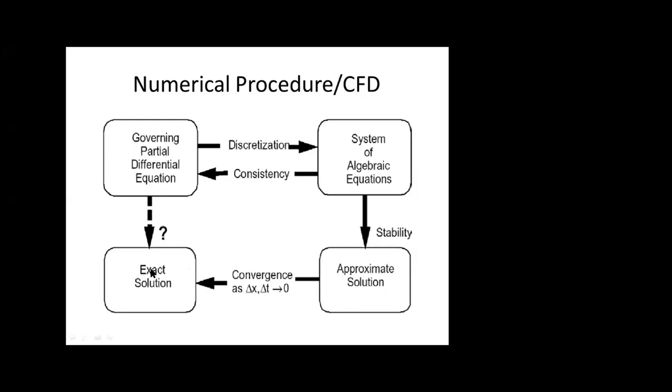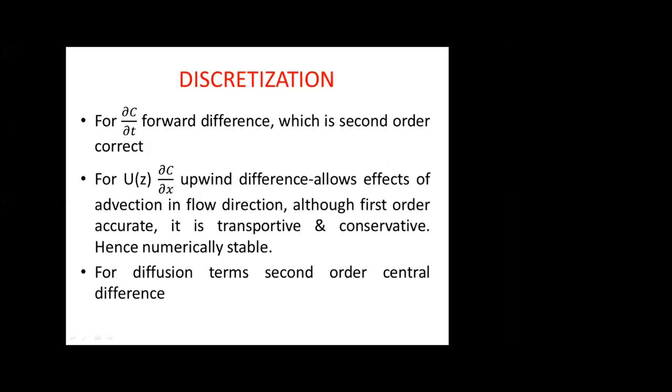So with this whole process, we are controlling the error here completely. What I have done in my case, we have three terms in the mathematical model. One is the time dependency. For this, I have used the finite difference, and I have considered the second order, which is a better one. And for the advection term, I have used the upwind difference, and this allows the effect of advection